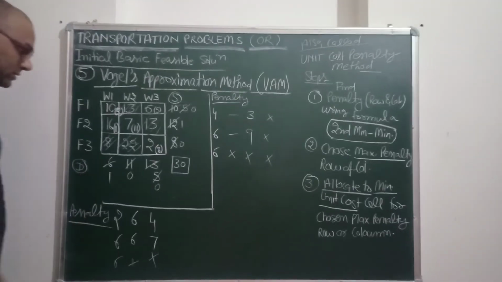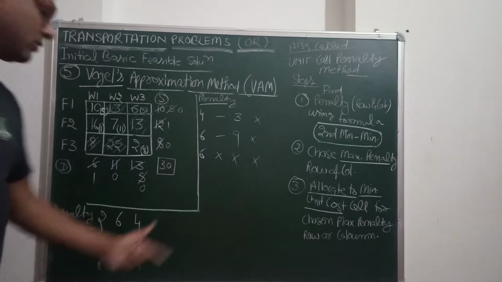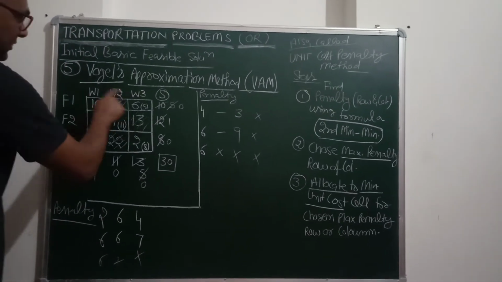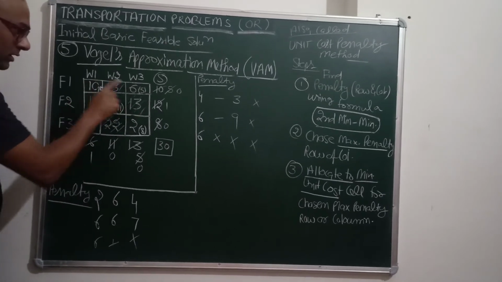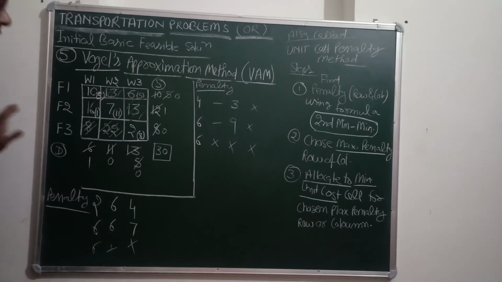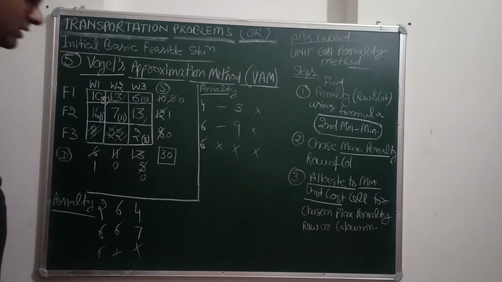Now again moving to this cell, the supply is 1 and demand is again 1, so 1 unit can be allocated here. So for checking of degeneracy, you will see that m plus n minus 1 is equal to 5 and the number of allocations is 1, 2, 3, 4 and 5. So there is no degeneracy and we can find the cost.